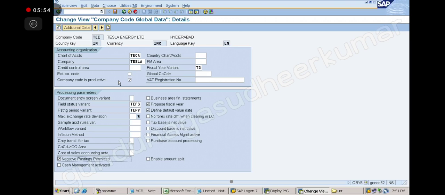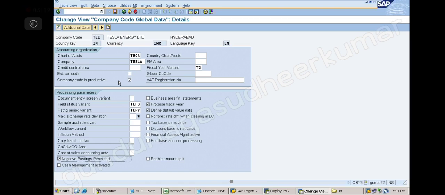The last one is negative postings permitted. Negative means what? Minus value. Negative postings permitted, so minus numbers also you can post.